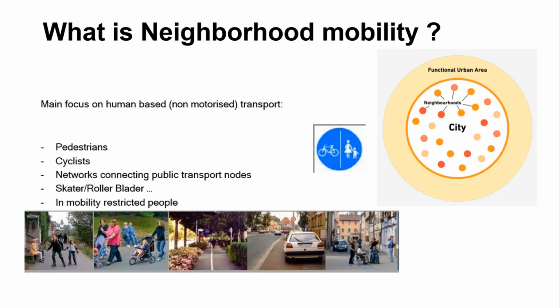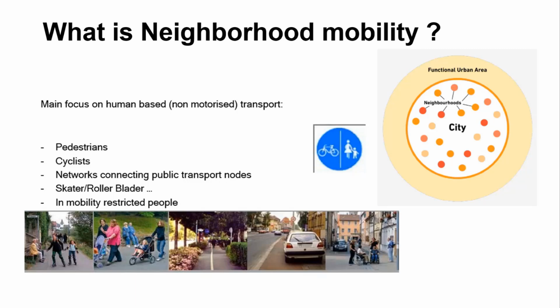Okay, going on with the very first slide, how the functional urban area of the neighborhood can affect. As you people are aware, with the growing number of the population, cities are also expanding. So at the beginning we need to realize the importance and understanding of the neighborhood at the neighborhood level, starting from a very individual level, then at the city level, and then of course at the province level. So its purpose is how we can improve the mobility, which is the comprehensive approach toward sustainable mobility,